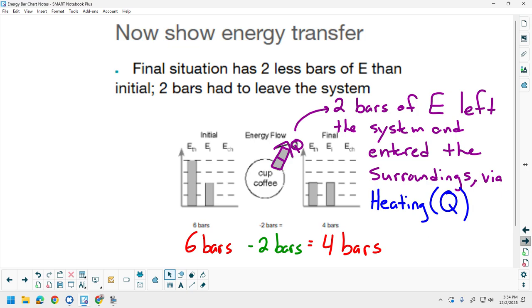Why isn't the letter H? There's a big, long explanation for that. I can tell you when I'm there in person, but just know that the letter Q is used to represent how the energy was leaving the system. Heating, like we talked about last week,